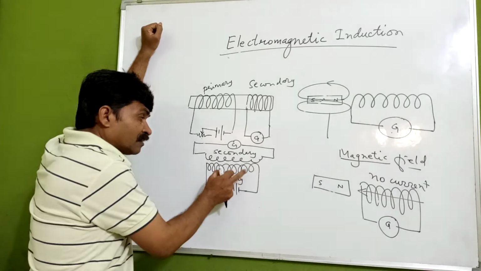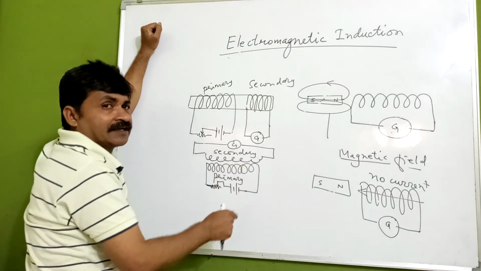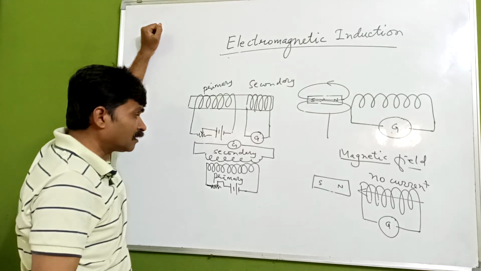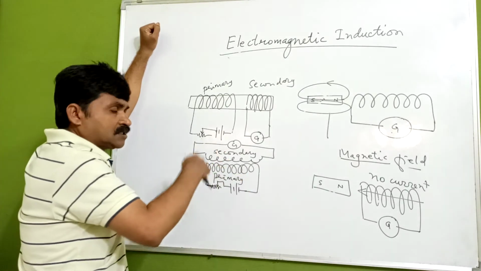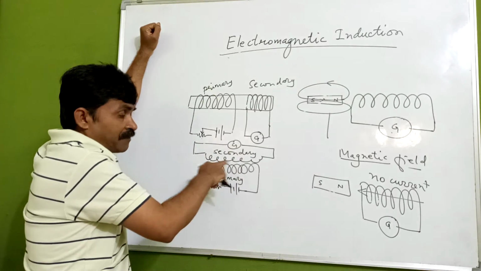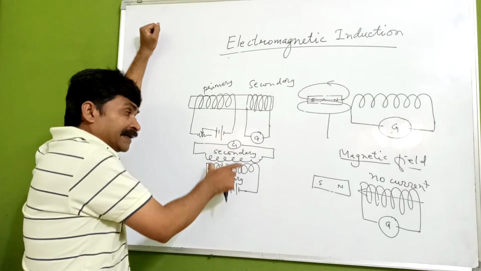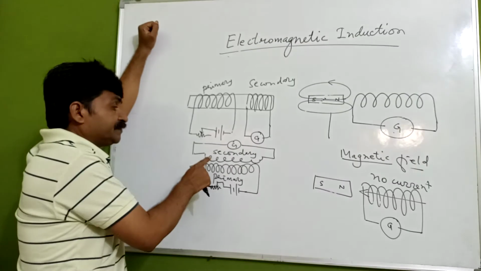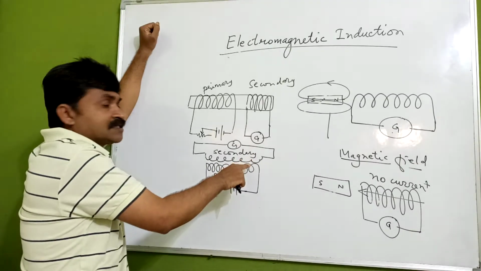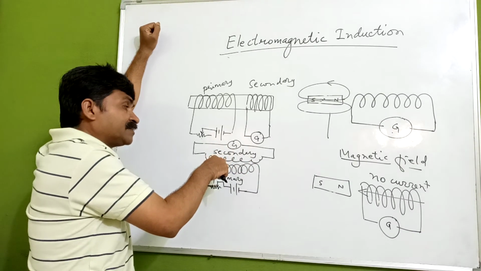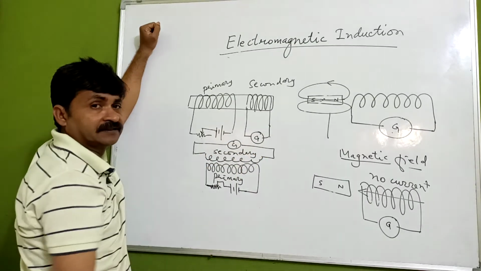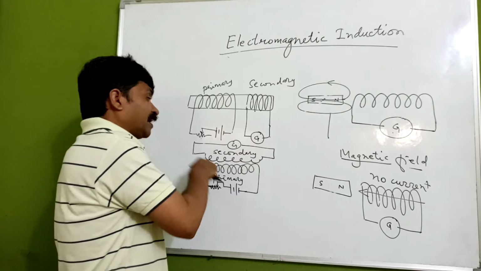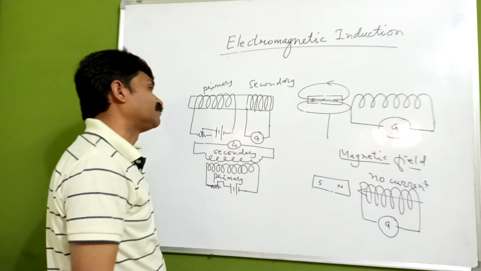So this current is creating a magnetic effect, which we have already studied: current flowing in a wire causes a magnetic effect, means a magnetic field is there. Then there will be a change in the magnetic field lines, and when there is a change in the magnetic field lines, this causes an EMF to be generated in it. This we can call a mutual induced EMF. And finally we are having an induction, which we can call a mutual induction.